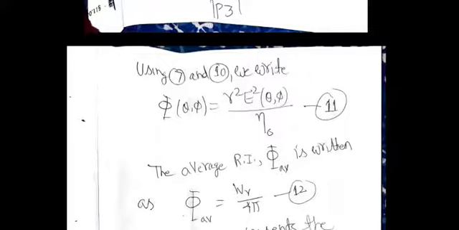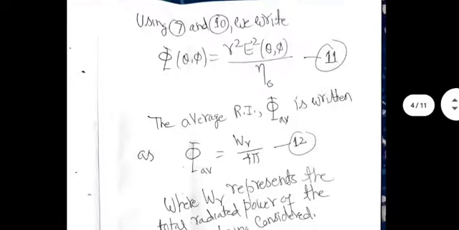The average radiation intensity is also defined. It is the total radiated power divided by the total solid angle, which is 4 pi for a sphere. There are two radiation intensity definitions. One is the actual one, which will change with theta and phi. Actually, for dipoles, it will change only with theta. The other one is not changing with theta, phi. It is the total radiated power divided by the total solid angle, phi average.